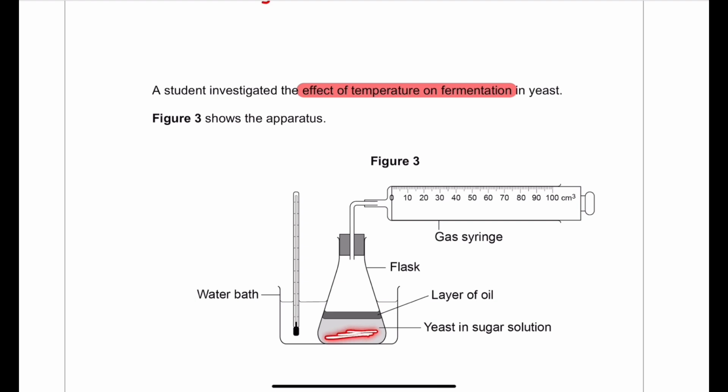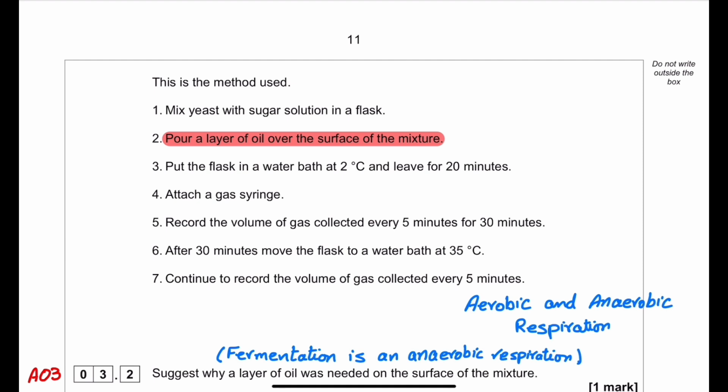This is the yeast solution, in which the yeast and the sugar solution are present, and a layer of oil is on top of that. The student is going to use different steps to investigate this process. The important steps of the investigation are: mix yeast with the sugar solution in the flask, pour a layer of oil over the surface of the mixture,